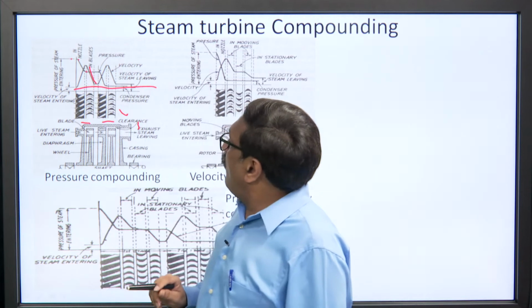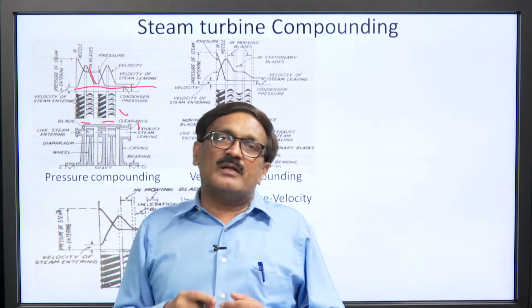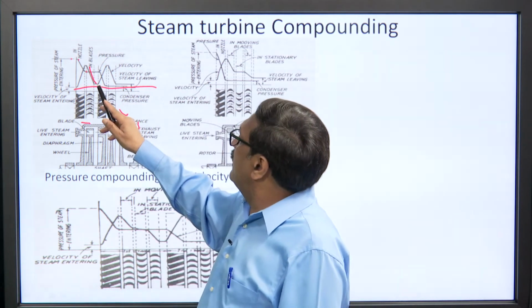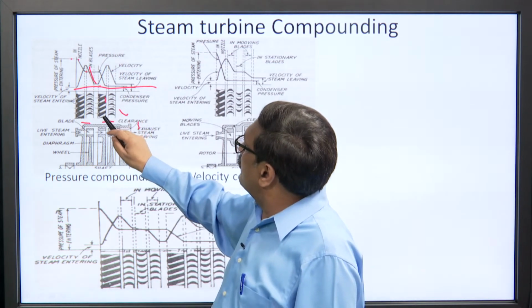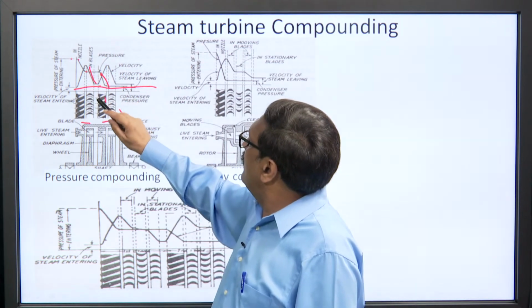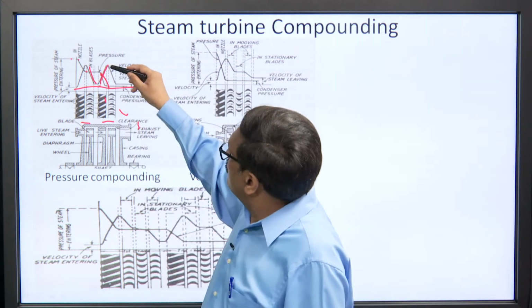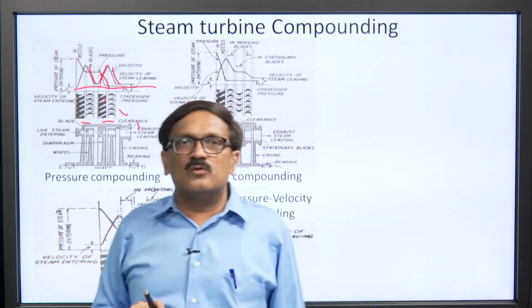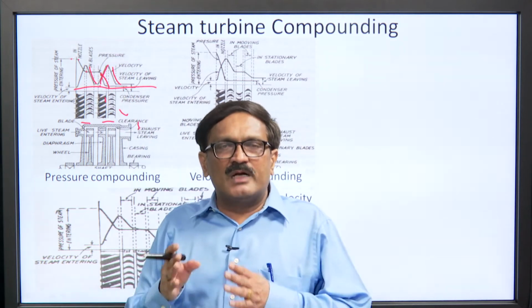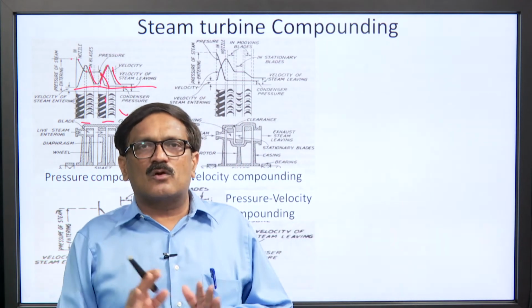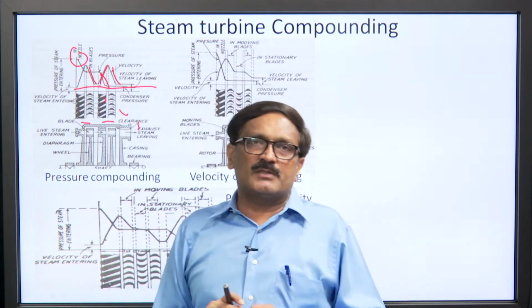decreases. Now, again when it comes from the first set of the moving blade, it passes to the next set of the nozzle, because pressure is still very high in comparison to the condenser pressure, and further pressure drop takes place in the nozzle. This is the pressure drop, and respectively kinetic energy increases, and then again it passes to another wheel. So, a number of stages are going to be there, pressure is compounded, that is why velocity is not going to be very high, and our main purpose is that blade velocity should be half of the steam velocity. It is not going to be very high, and still we are utilizing the high pressure and temperature energy. This is called the pressure compounding.